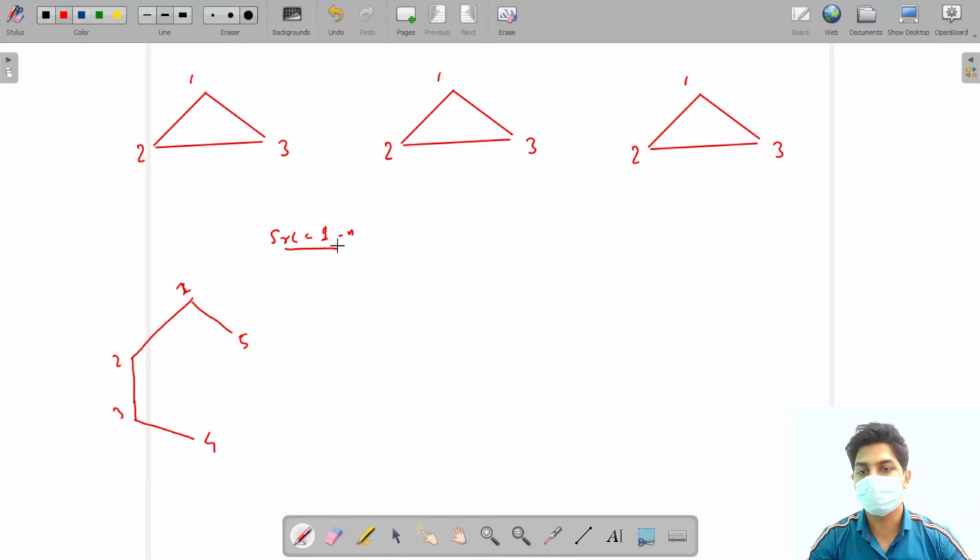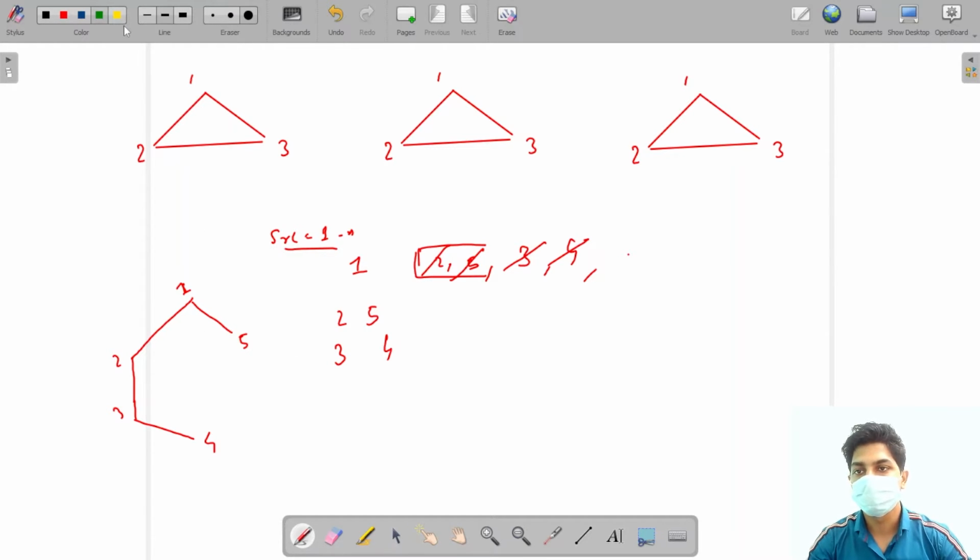If source is equal to 1, then first 1 will be printed, then the neighbors of 1, that is 2 and 5, will be in the queue. Now 2 will be printed, the neighbor of 2, that is 3, will be in the queue. Now 5 will be printed, there is no neighbor of 5, so nothing will be added to the queue. Now 3 will be removed and printed, the neighbor of 3, that is 4, will be added in the queue. Now 4 will be removed and printed, there is no neighbor of 4, so nothing will be added. So in this case you saw there is no node which is already visited got visited again.